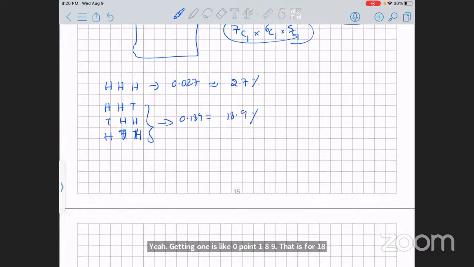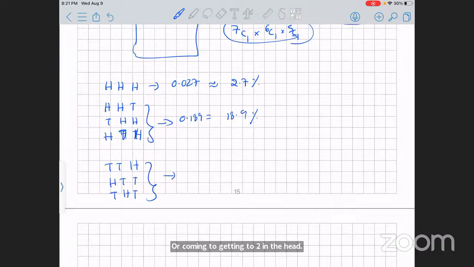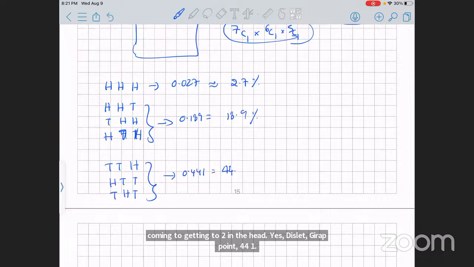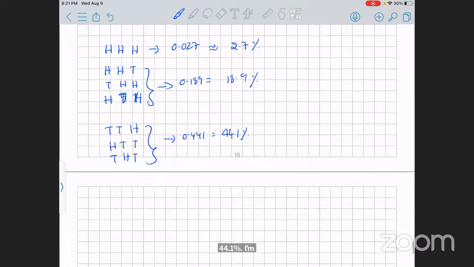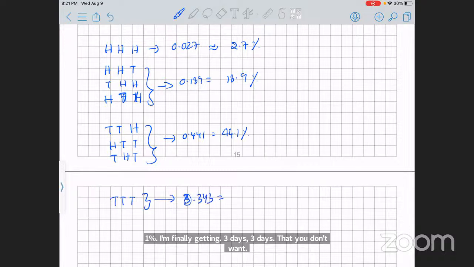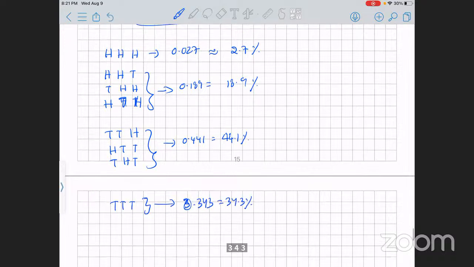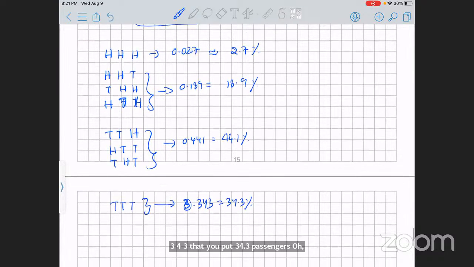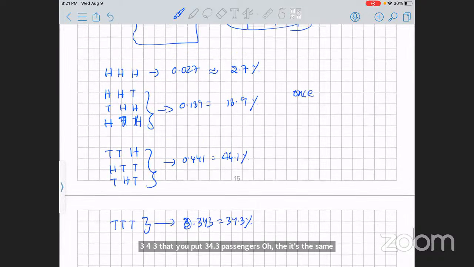Now coming to getting two tails: tail tail head, tail head tail, head tail tail. It is 0.441, equal to 44.1%. And finally getting three tails is 0.343, that equals 34.3%. Now if the same coin is tossed only once,